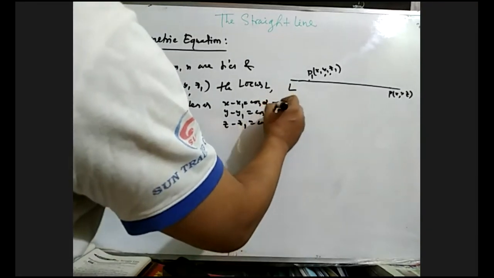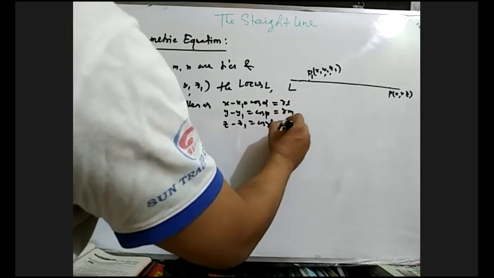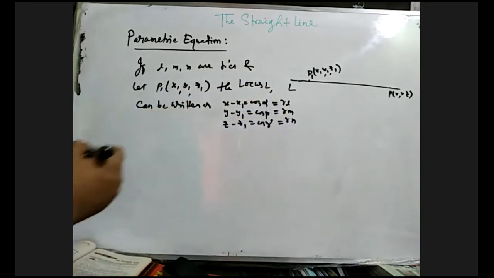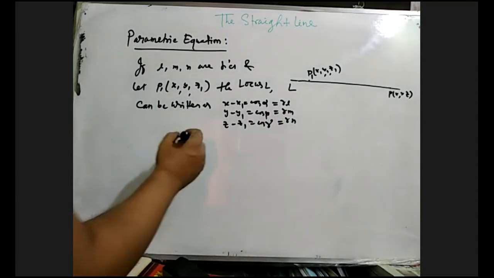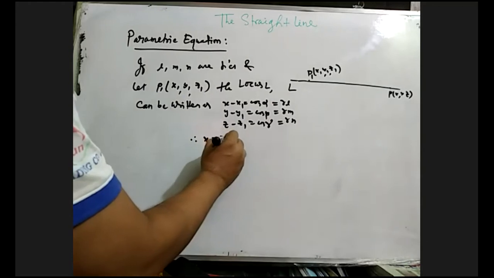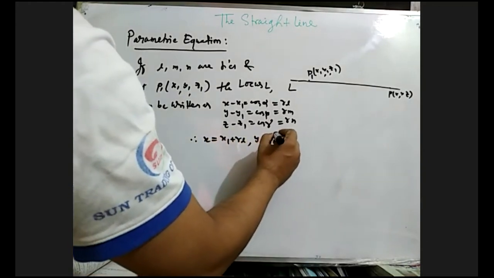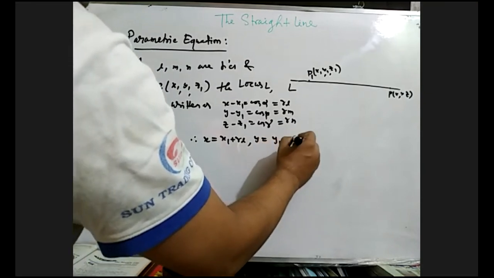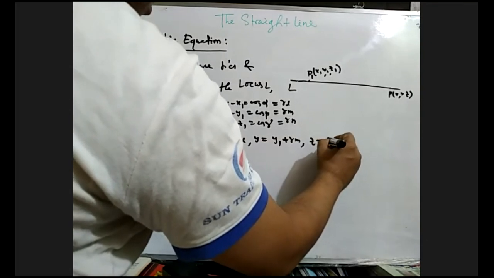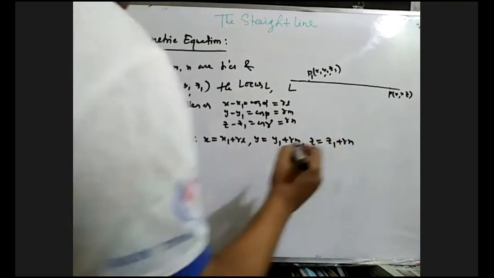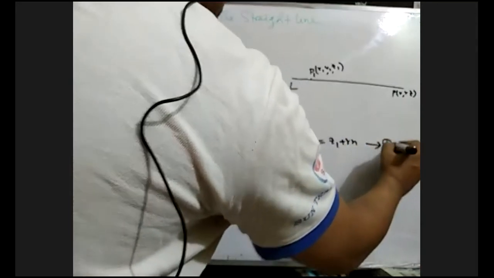And this can be defined as Rl, Rm, and Rn, because they are proportional to the directional cosines. Therefore x can be written as x equals x1 plus Rl, y equals y1 plus Rm, and z equals z1 plus Rn. Suppose this is equation number 1,